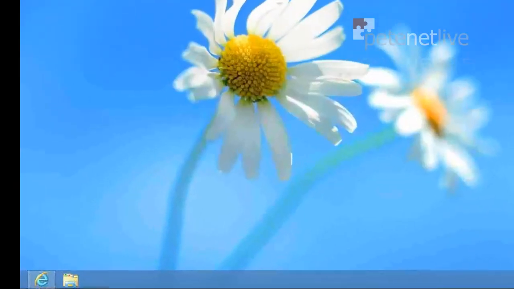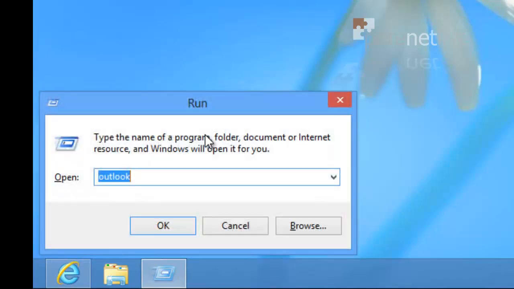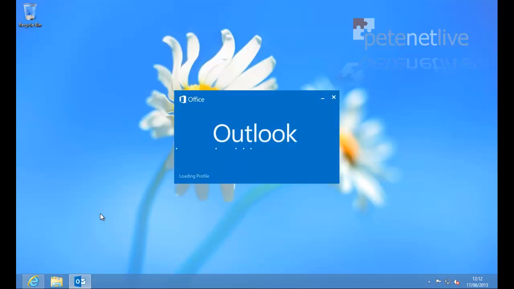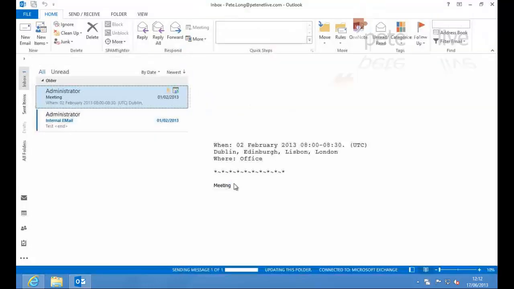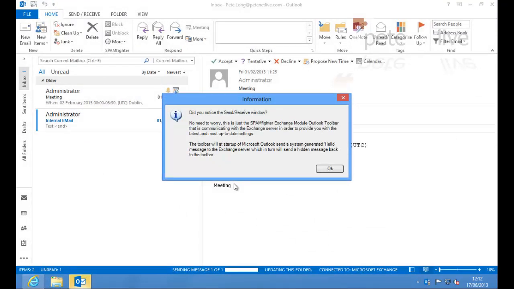So if we just minimize that and then launch Outlook on this client, you'll notice, if you are very eagle-eyed, you'll see it spinning up in the bottom of the screen. There it is. Okay, it gives you a little friendly one-off warning when you open that up. That's fine, just